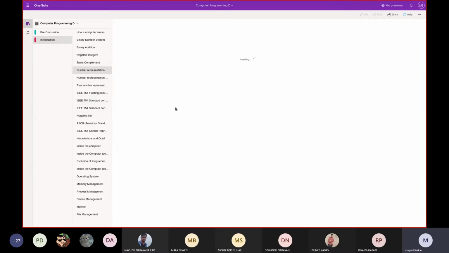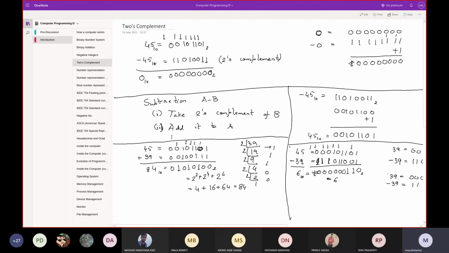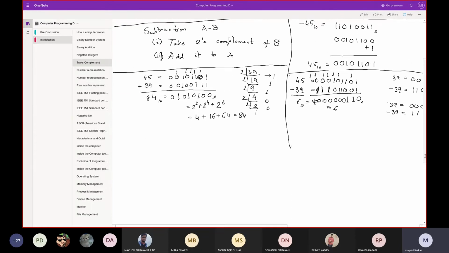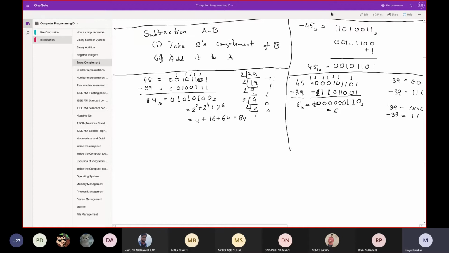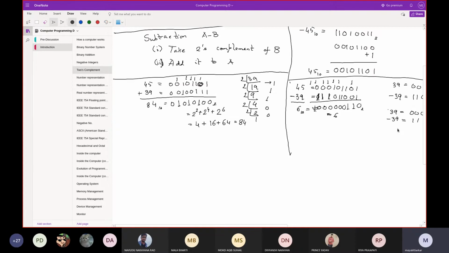Then we have seen the number representation, eventually the various ways of representing a number, because in two's complement, suppose we have some number like 1101011.